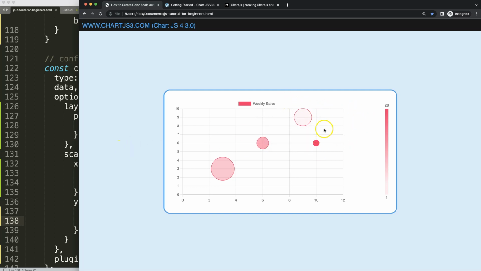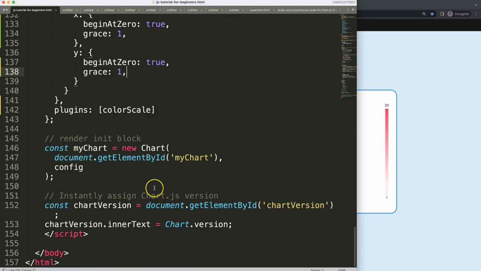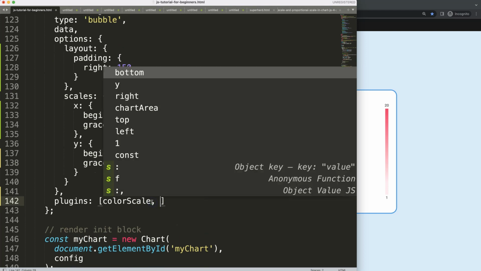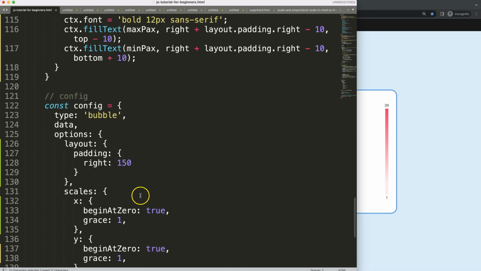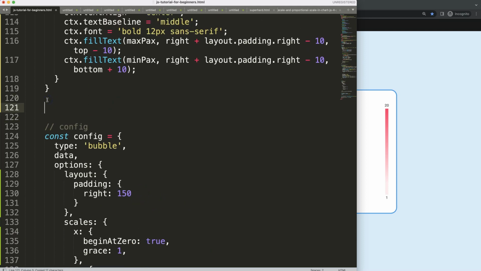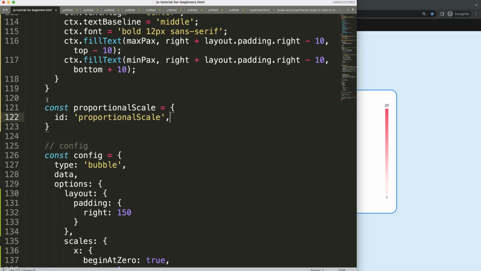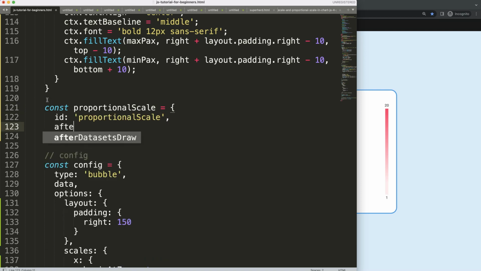Alright, now we have done that. What I want to do is have the measurement of these put in here like these nice circles. To do that, I'm going to create a new scale, although we use a lot of the basics from the color scale, creating a new scale is just nice. It's just, I guess, in my case, a bit more organized, so you can select which one you would like to use. So you can say const equals id equals proportionalScale, and then I'm going to say here after datasets,